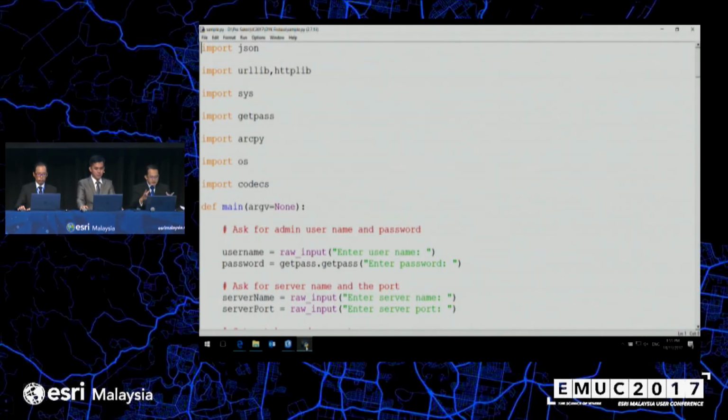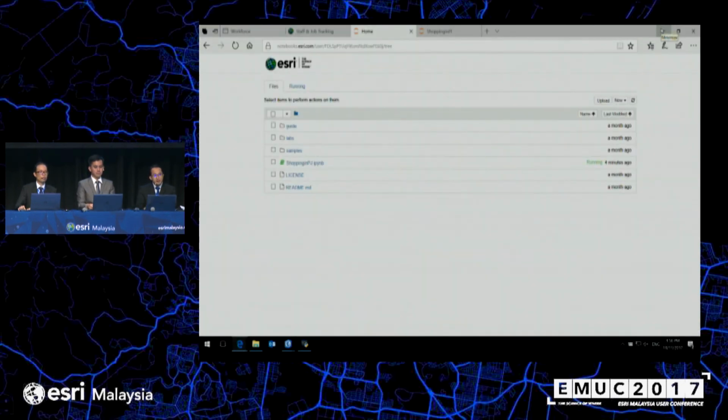Okay, what you are seeing here is actually an example of a Python script. Nobody knows what it does except for my friend Min Ken. Unfortunately, he's not here in this very room, so tak apa. But it doesn't mean that each and every one of you cannot do scripting or coding. So let me introduce you: did you know you can do this using ArcGIS API for Python, where